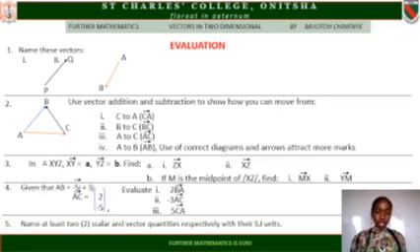Then number 3, we have in triangle XYZ, you are given vector XY as A, vector YZ as B. Then you are asked to find A, Roman figure 1, vector ZX, 2, vector XZ. Then B, if M is the midpoint, the middle point of the line XZ, so on the line XZ there is a middle point represented as M. Then use it to find vector MX and vector YM and other remaining questions on this. Solve them